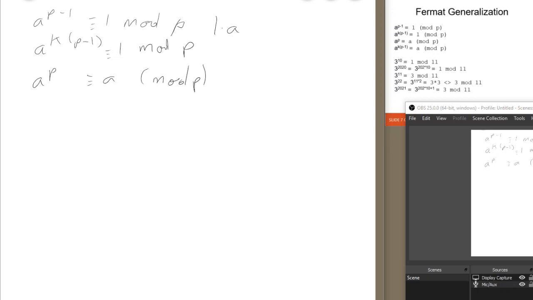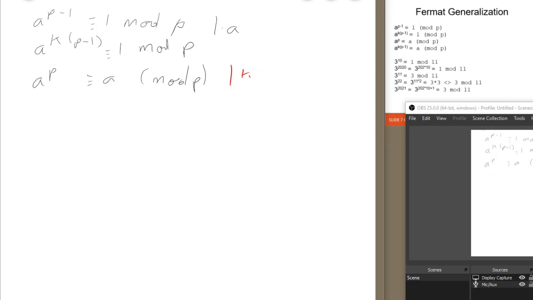What would be a nicer way to use this generalization for higher values of the exponent? One attempt could be to raise this to the power k and say a to the power k times p is congruent with what? It would be a to the power p. That would not be equal to a. That would be less interesting. So